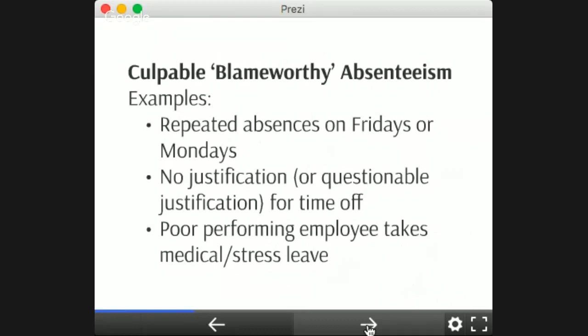Culpable or blameworthy absenteeism are those employees who are abusing your sick leave policies. They are asking for leave for no bona fide reason. So perhaps it's the employee who's attending the funeral for the family member that they have been constantly attending a funeral for. And one thing that I tend to see in my law practice is employees who are being performance